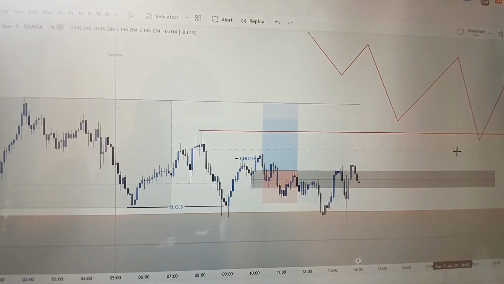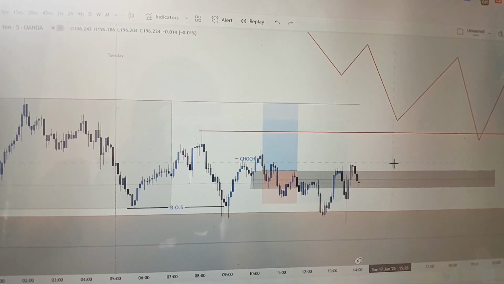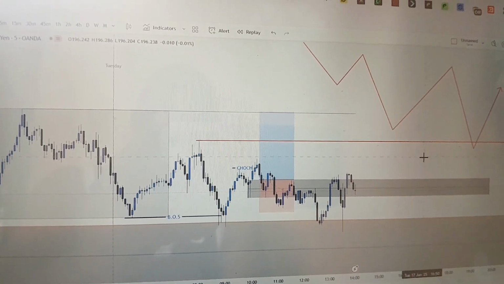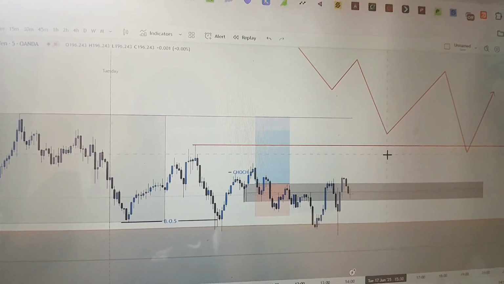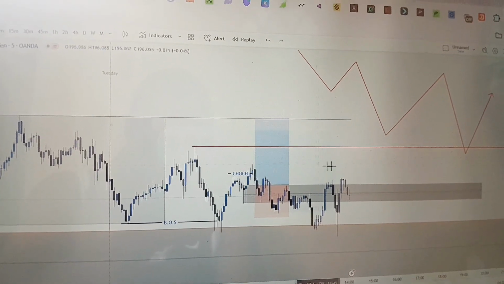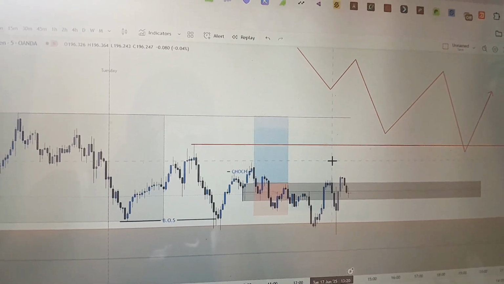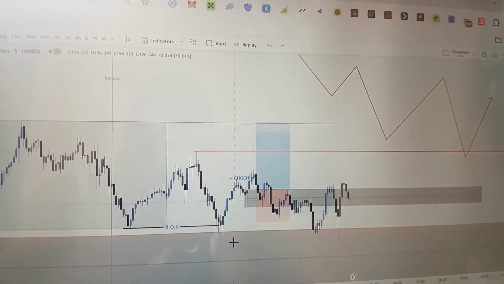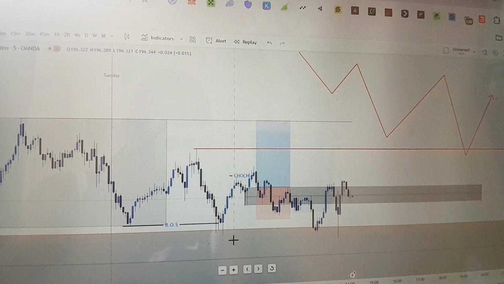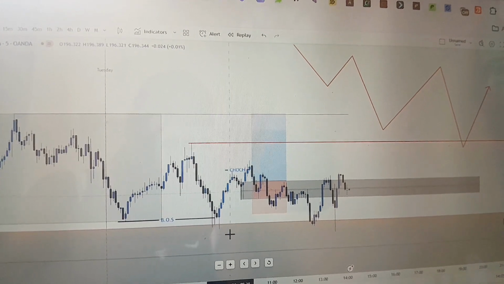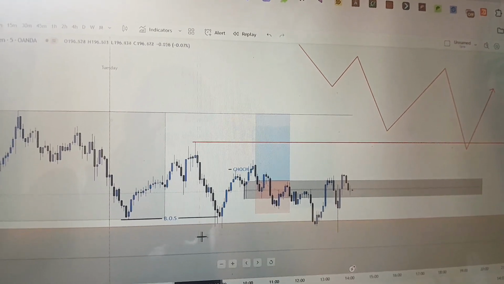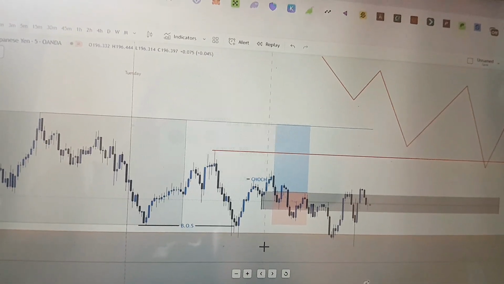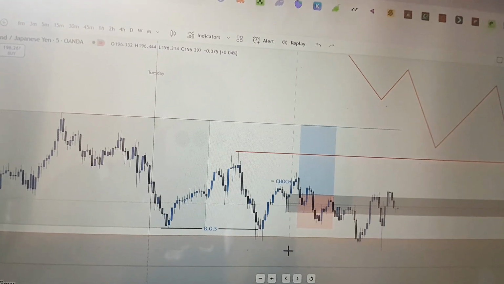Let's see how this one will go. Looking at this trade now, I just investigated it and see that there were many reasons for me not to take this trade, and I took this trade on the 5 minutes time frame. This demand level here is on 1 hour, but it was also visible on 4 hours, 2 hours, and 1 hour. I just took this trade on 5 minutes because